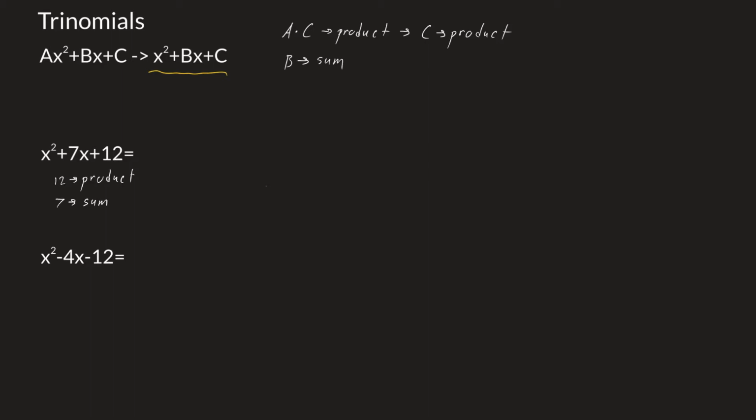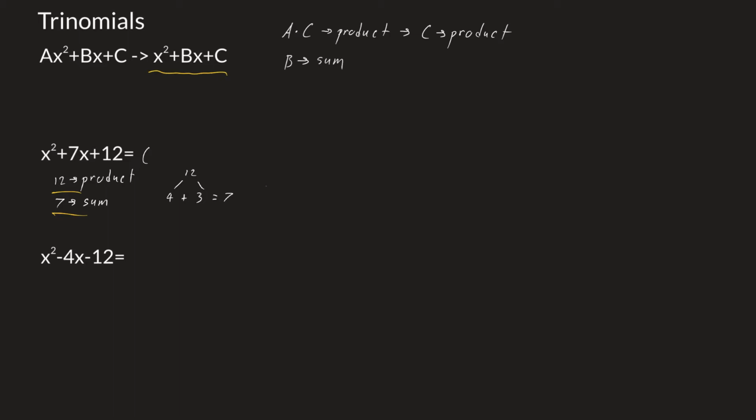Well, I could do this. I can make what I call a tree. So two numbers that multiply to 12, well, I think 4 and 3. Now I'm going to ask myself, what is 4 plus 3? Well, that gives me 7. That's exactly what I want, right? The sum is 7, and the product is 12. So what I could do at this point is,